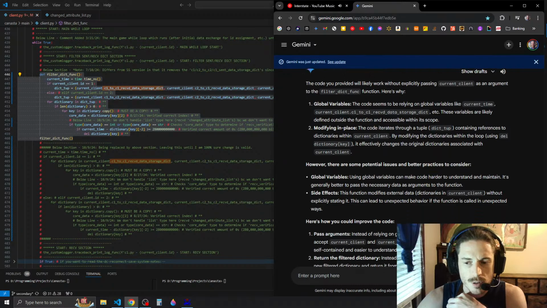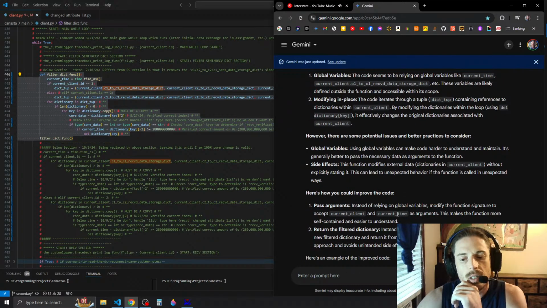However, there are some potential issues. Using global variables can make code harder to understand and maintain. It generally is better to pass the necessary data as arguments to the function. Side effects. This function modifies external data, dictionaries, and current client without explicitly stating it. This can lead to unexpected behavior with functions called in unexpected ways. Okay, instead of relying on the global variables,